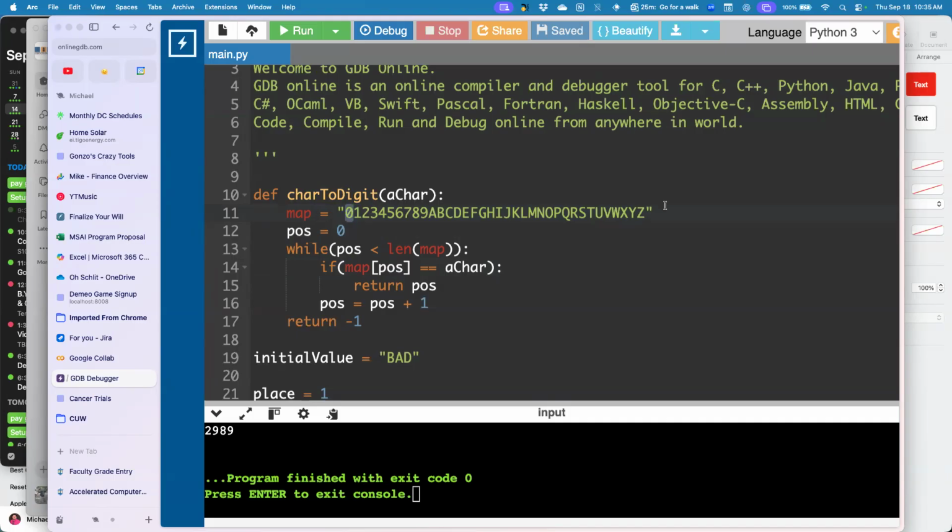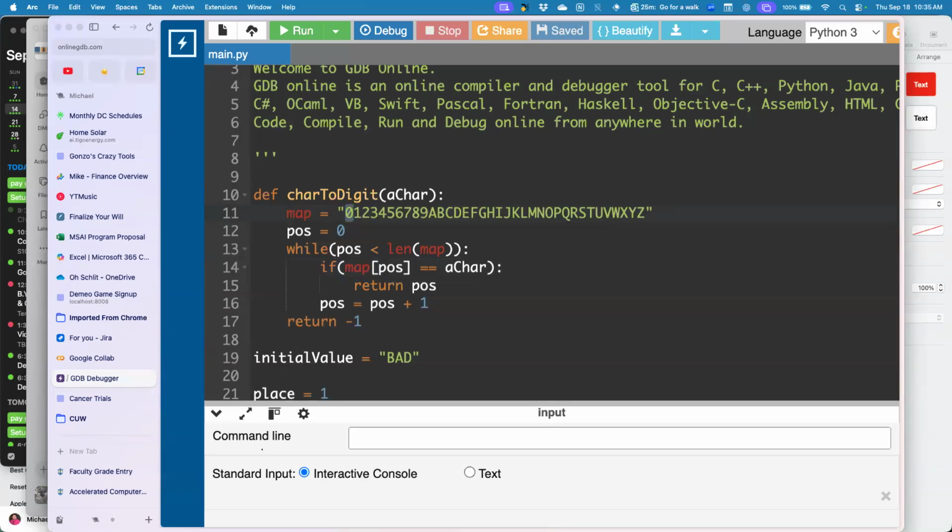It's not going to look good with my 10 through whatever, but this one lives at bucket 0, bucket 1, bucket 2, bucket 3, 4, 5, 6, 7, 8. Bucket 10 is where the A lives. Bucket 11 is where the B lives. So we're seeing a very direct mapping to exactly the thing we need. Hence the reason we chose to do it this way, right? All right, so we're going to ask the question, if the character I currently am looking at, the character that lives at position pause in my collection, if that is equivalent, double equal sign,